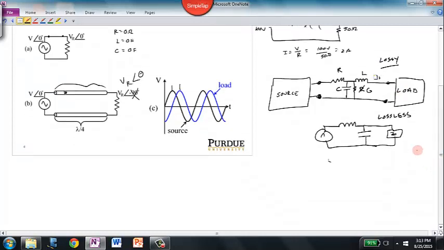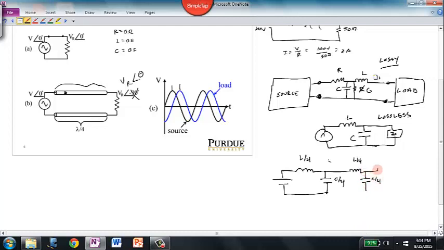So one way to fix this would be to create a transmission line that has a bunch of elements in it. So I'm going to use the lossless transmission line and say we have a DC input. So a better way might be that we take the L value from here and we put another inductor there that's L over 4. And we take the C value that's here and we put a capacitor that's C over 4. And of course, to get this total value, we know that inductors combine in series, so we would have to take L over 4, L over 4,